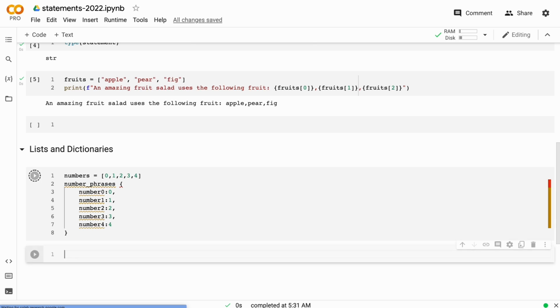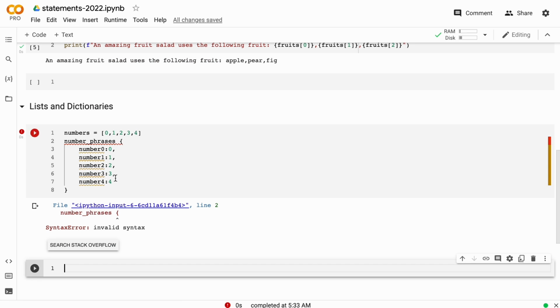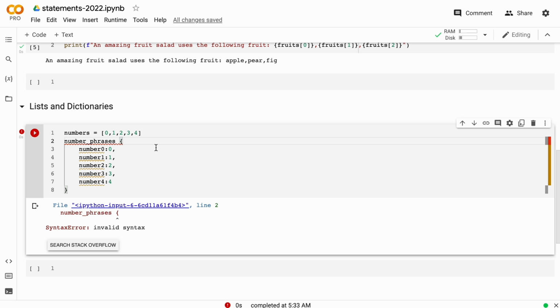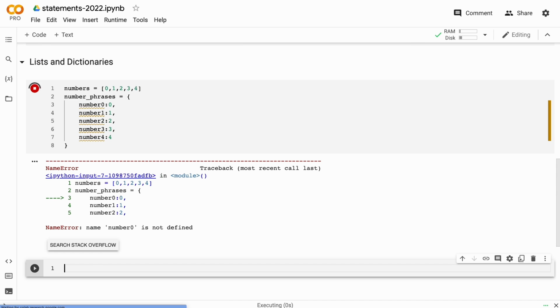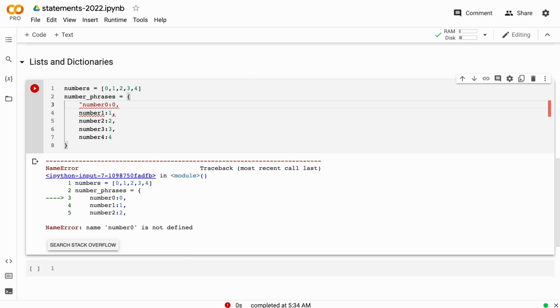Right, so what am I missing here? Equal sign. Kind of nice, it gives us really good debugging, and I need to put these into